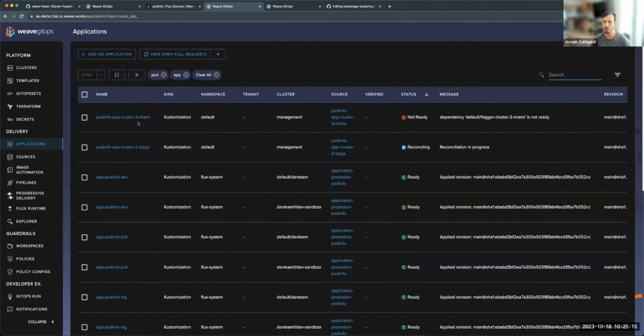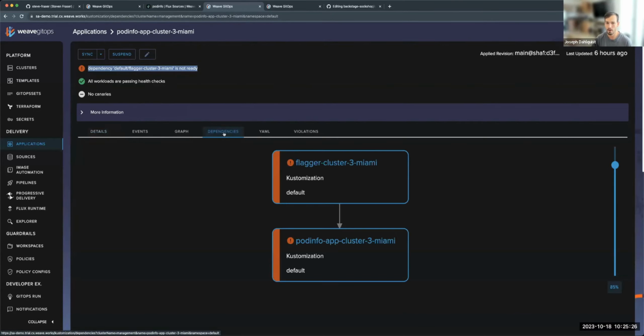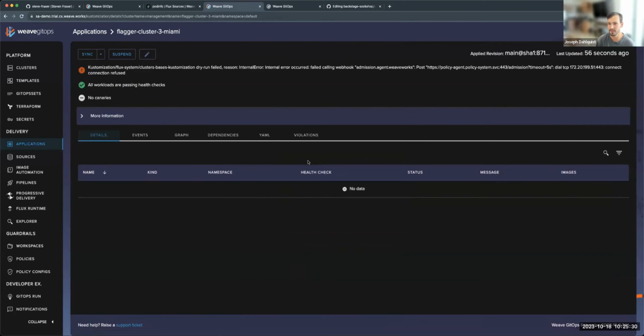So now down below, we have that same view where you can come in here and go, oh, looks like my Flagger dependency is not running yet, and it's a dependency. What does that look like? Now I can go to my dependencies views, and I can go to this customization and see what's going on from here. Oh, it looks like in this case, I'm actually having a policy webhook failure that I'll have to